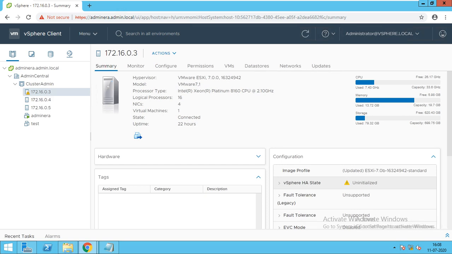As it gets initialized, it automatically gets suppressed. So it is getting initialized. We have to just wait. Yes, now it is done.